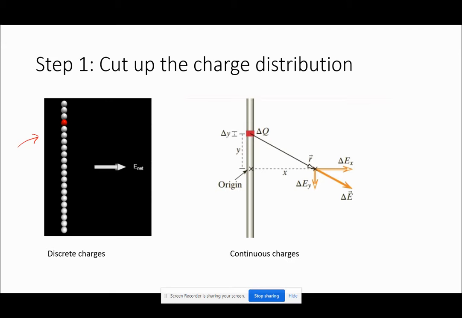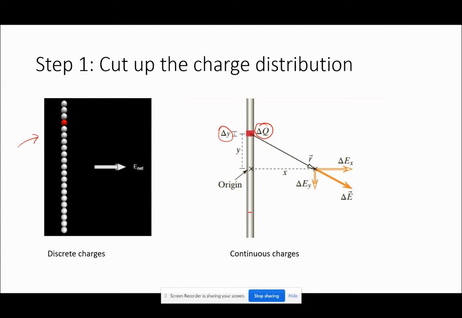And so in this case, the red charge here could be multiple charges or it might be a single charge. It doesn't really matter, but it takes up some geometrical space in the long, thin wire or rod here. And so that small amount of charge, which they're calling delta Q, takes up some geometrical space, delta Y. And it doesn't matter where on the rod you choose. If you choose the same delta Y, there would be the same amount of charge, delta Q, in that section